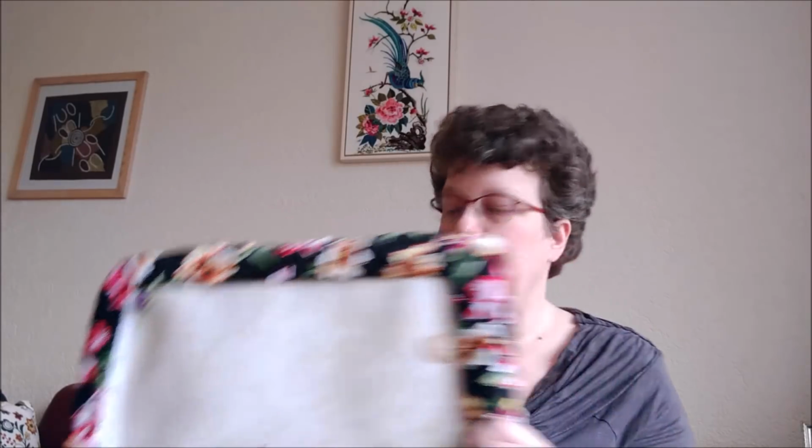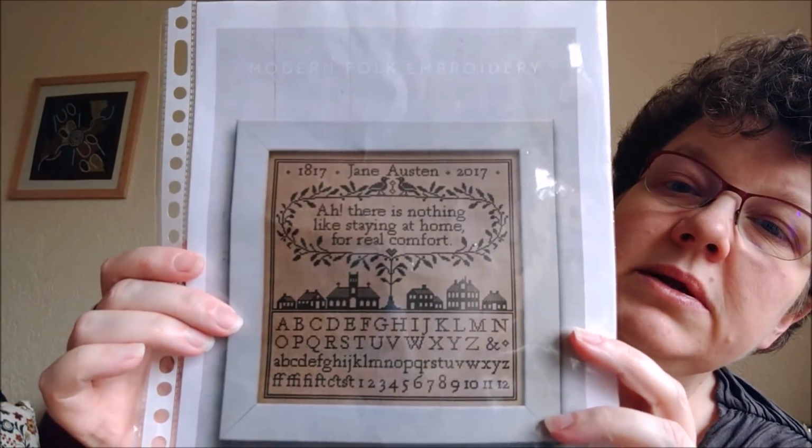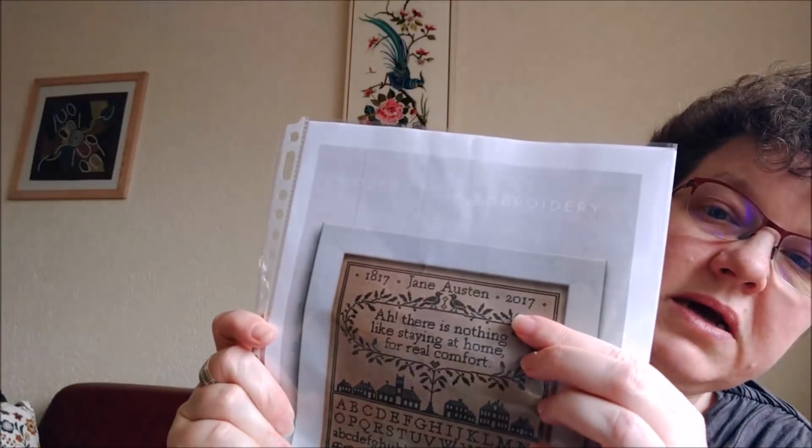And now I think I'm not tired of stitching on this set, so I'm going to continue with this and work, I think, first the border to make sure that I haven't miscounted, because you know me. And if that is done, I think I will fill in the tree and the saying and the bird and Jane Austen's date of birth. I think 1817 was her date of birth. I need to check that. And I'm still not sure what I should do, because it says to...